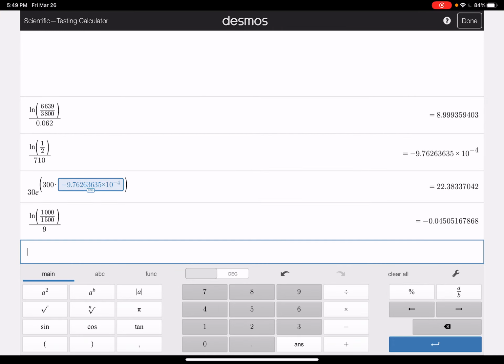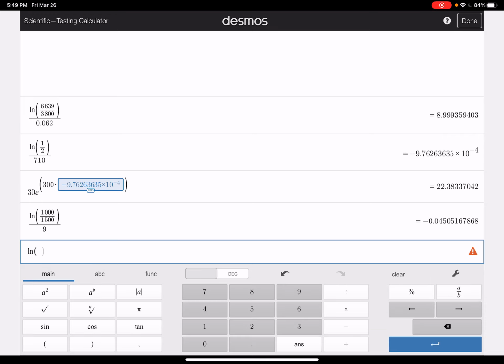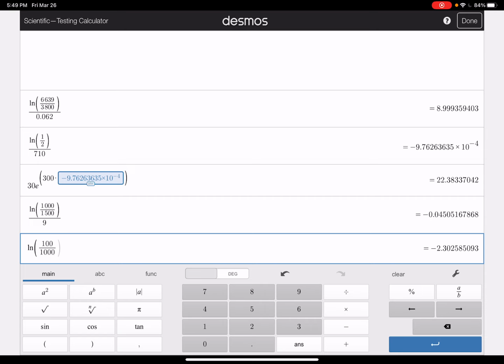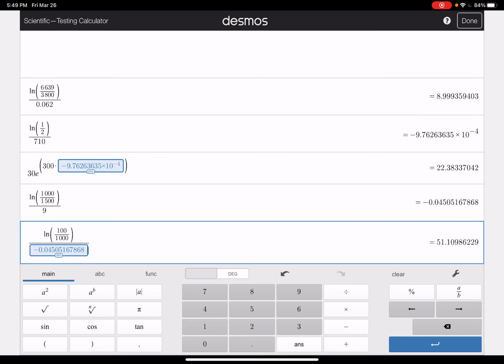Here I'm going to hit enter. Function ln of 100 divided by 1,000, toggle over parentheses and divide that by this previous answer right here. So ANS, boom,